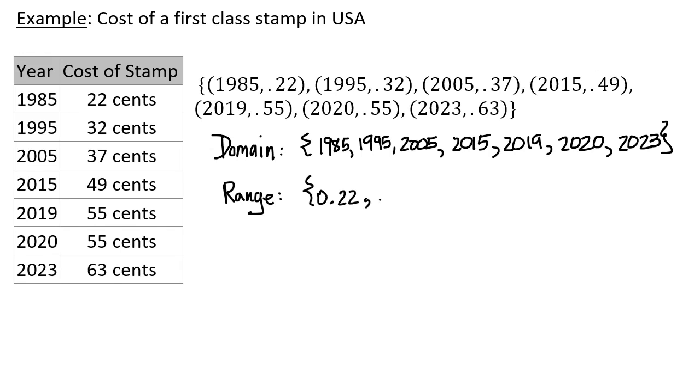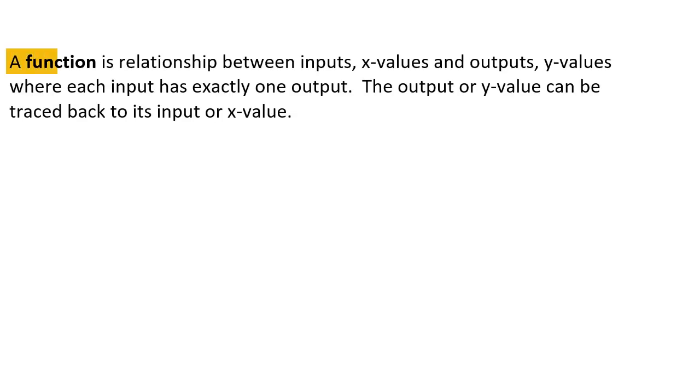So 0.22, 0.32, 0.37, 0.49, 0.55. Now 0.55 is repeated, but I do not repeat it in the range. I just show it one time, and 0.63. A function is a relationship between inputs, or x values, and outputs, or y values, where each input has